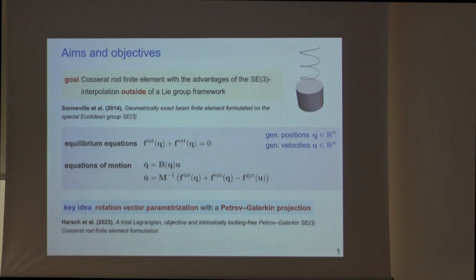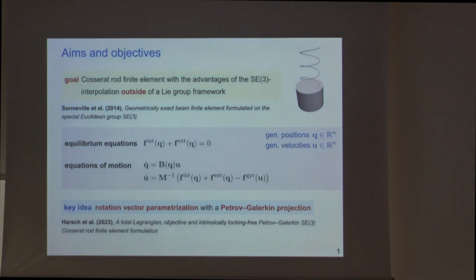They treated it also numerically in the SE3 framework, and the elements performed very well. However, you have to go all in with that formulation, so all your solvers have to be in that framework, and my goal is rather to include nonlinear rods into a multi-body dynamics framework using standard solvers,